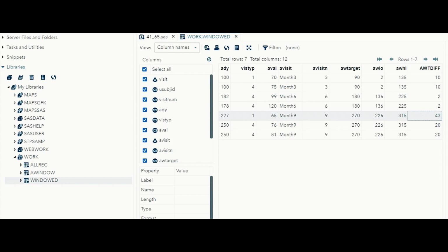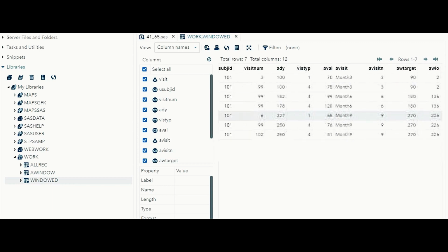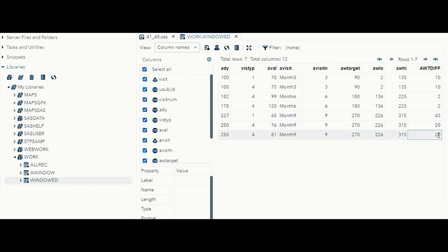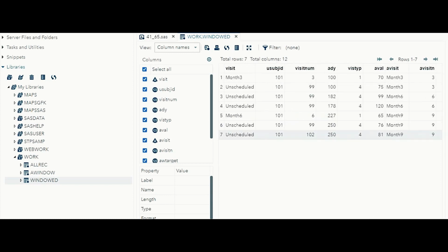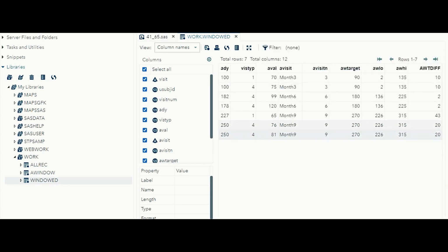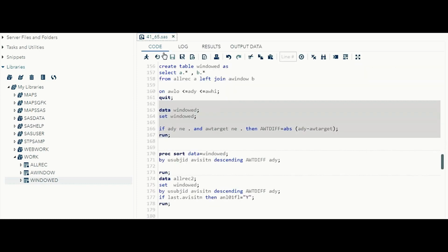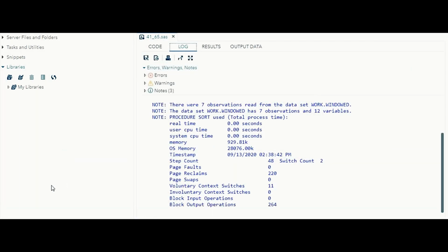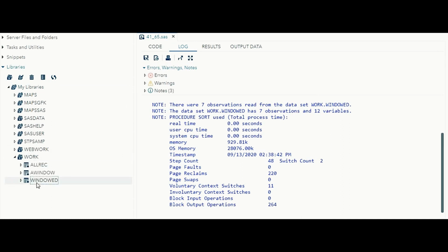Here we have two values with the lowest difference. We can see the visit numbers, 99 and 102, both with a difference of 20. So we sort the difference in descending order. What happens when we sort in descending order? The highest value comes first and the lowest value goes to last.